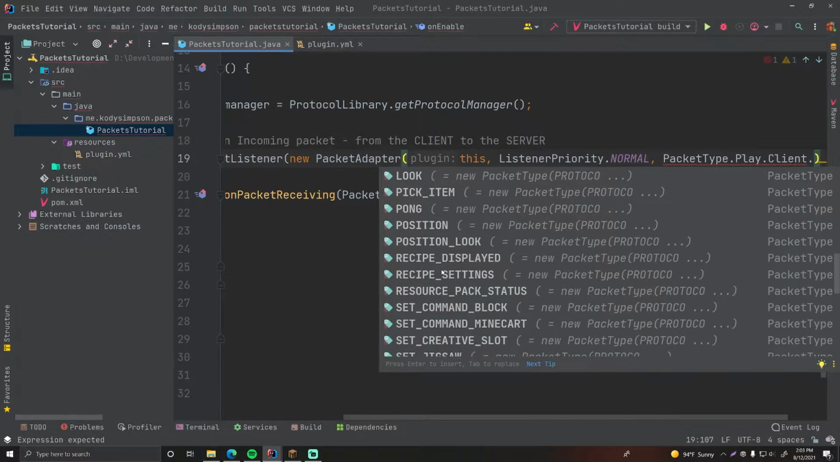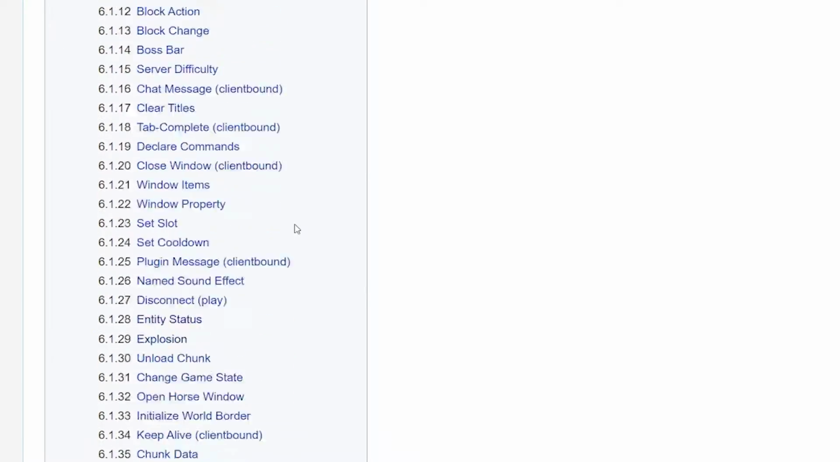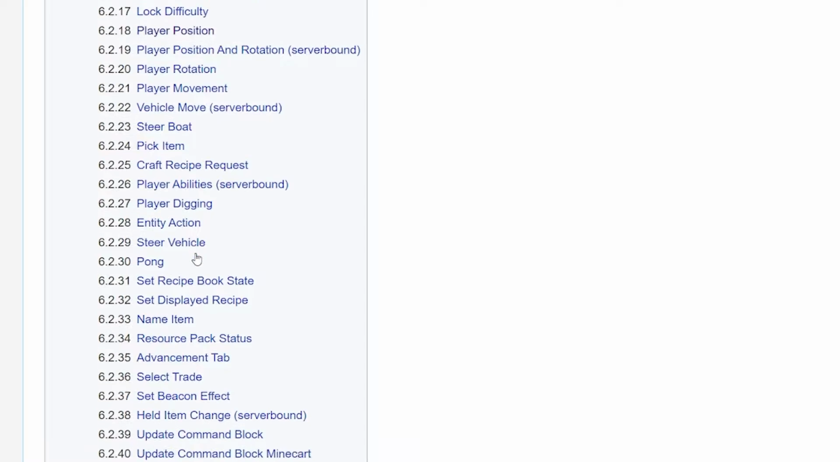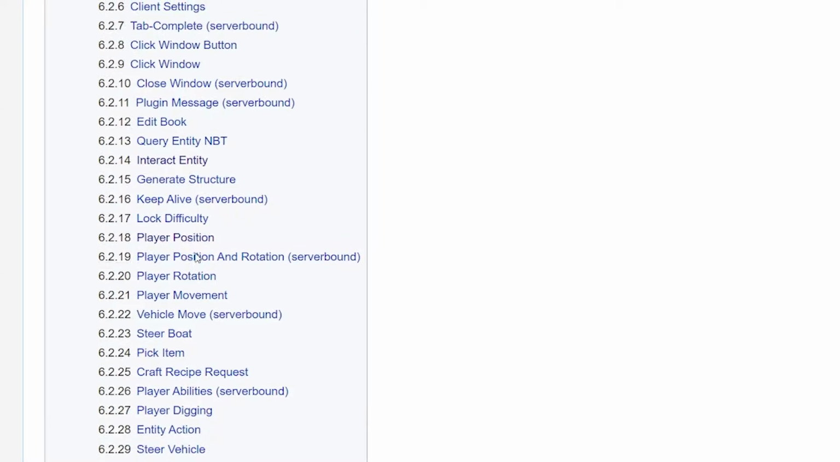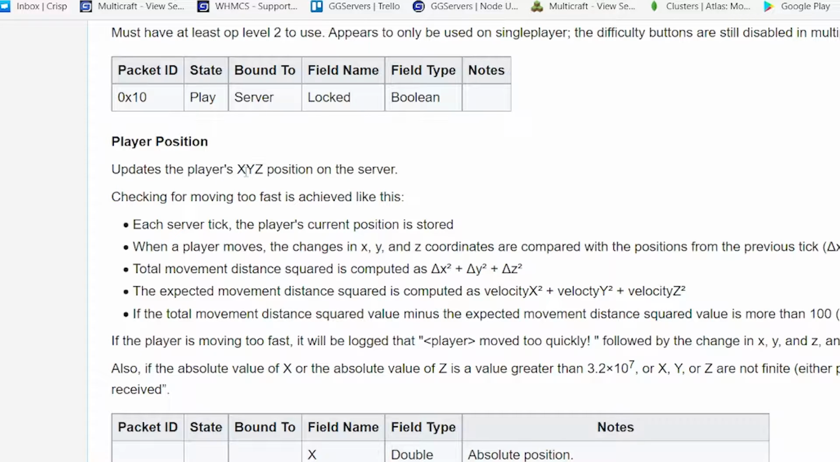Position. There we go, position, and then you have position look. So let's head to our wiki to see what these mean, okay? So if we go down here, and we're working with an incoming packet, so this will be down here in the server bound section, and we want to find player position. There we go. So player position, it says updates the player's XYZ position on the server, checks for moving too